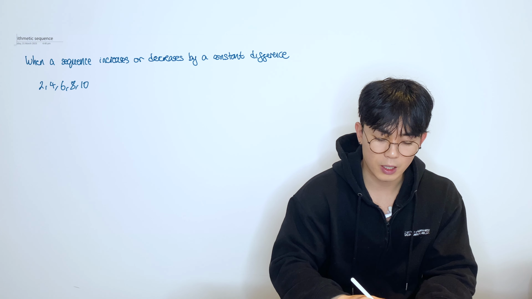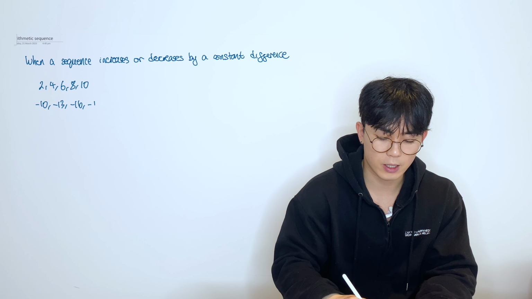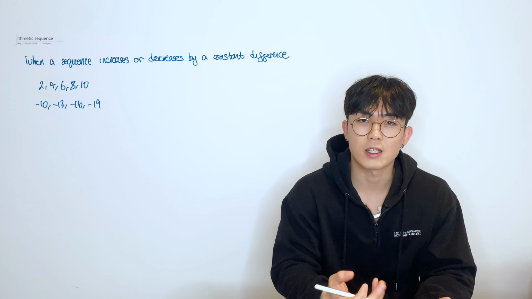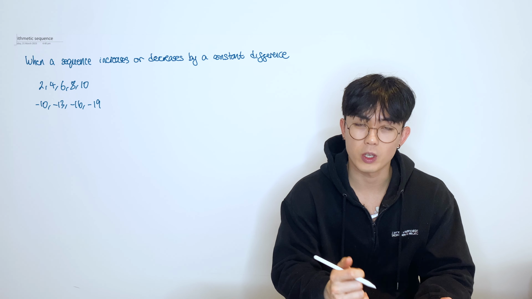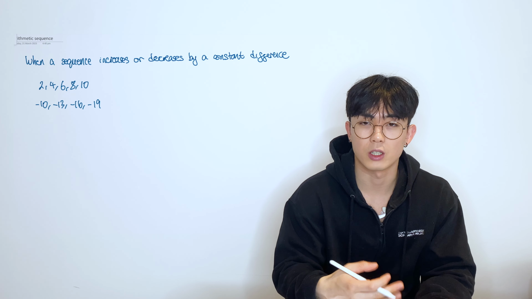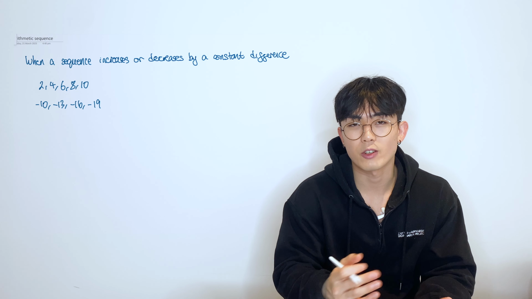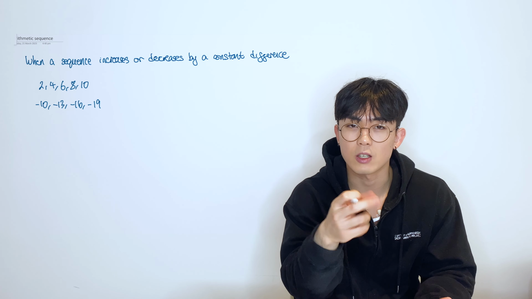Another example would be minus 10, minus 13, minus 16, minus 19, and so on. And this is also an example of an arithmetic series because we are decreasing by a constant difference of minus 3. So it doesn't matter if we're increasing or decreasing, as long as the difference is constant, then it's known